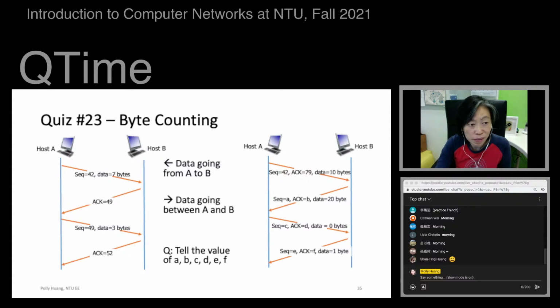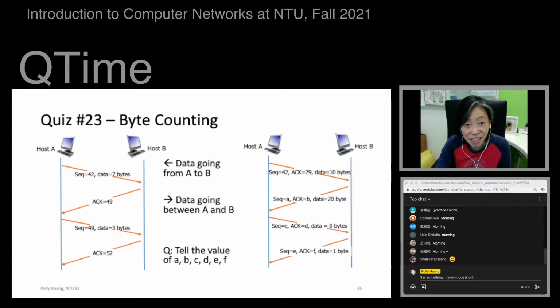It starts from sequence number 42 with data 7 bytes. You can imagine B sending back an acknowledgement saying 49, isn't it? And host A can send further data starting from 49, and let's say that it sends 3 bytes of data. The acknowledgement will then carry the number 52. You see also that an easier way to calculate the acknowledgement for a data packet will be simply sequence number plus size of data. Okay.